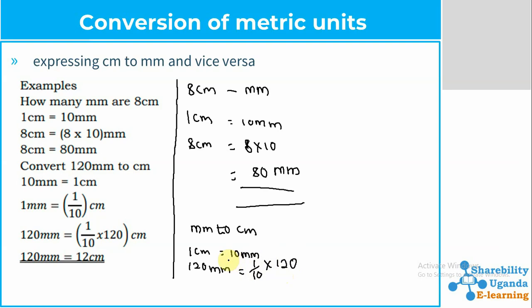Why do we say 1 out of 10? It comes from here. When we have 1 centimeter equal to 10 millimeters, this is the same as